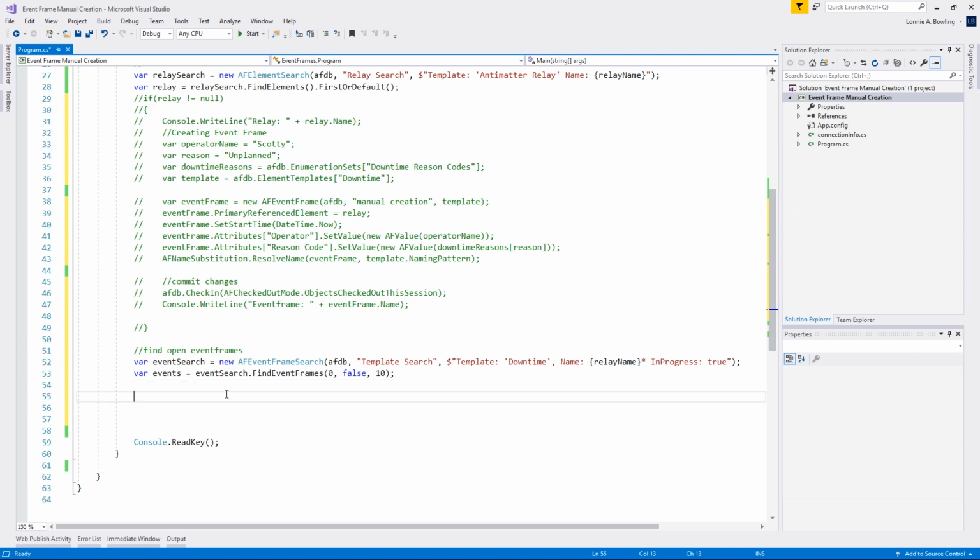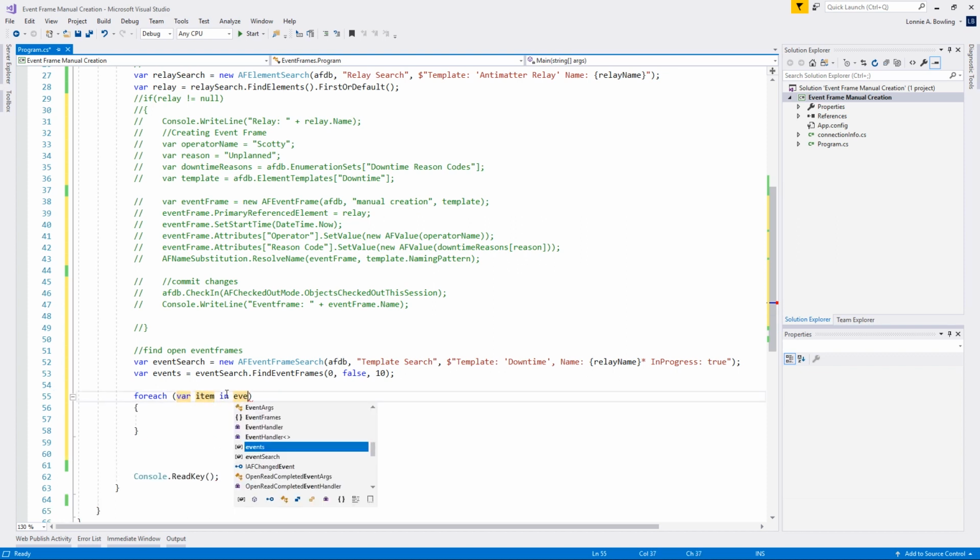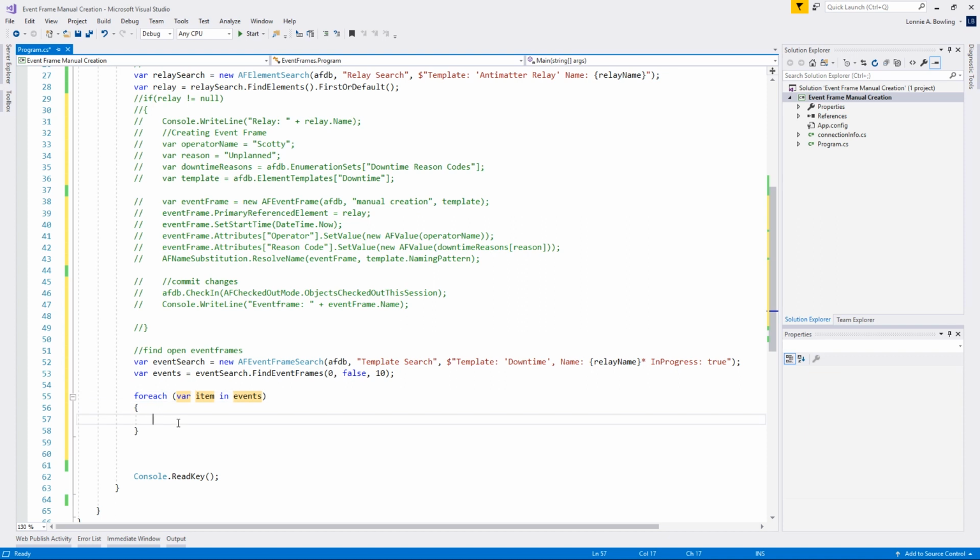Okay, let's do a for each loop here. Let's do a console write line, and we'll go ahead and set this up. And let's do an item